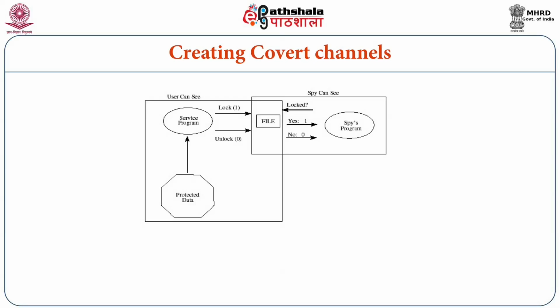What we are trying to say is that the service program can create a large file and occupy the space. Later on, if the spy program tries to create a large file and it succeeds, the spy program infers that the service program did not create a large file, and so the service program is signaling a 0. Otherwise, the spy program infers a 1. So the existence of a file or other resources of a particular name can be used to signal. In this way, the spy can determine the existence of a file it cannot read by trying to create a file of the same name.